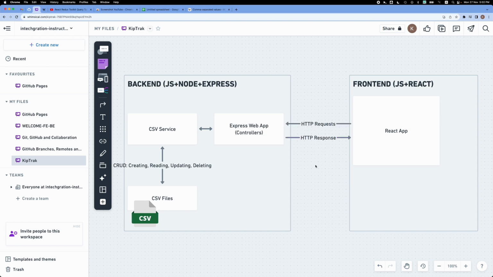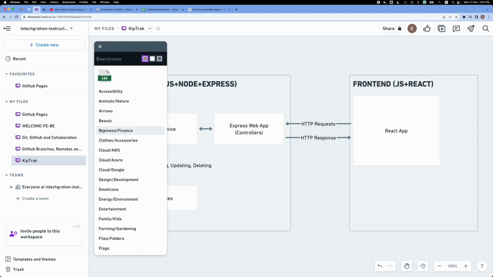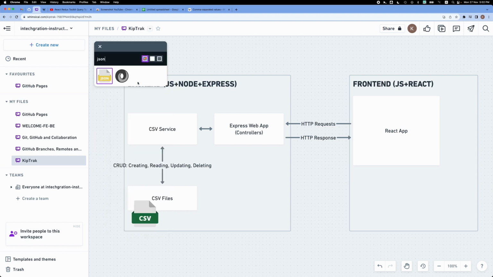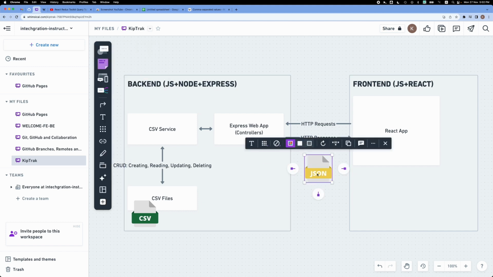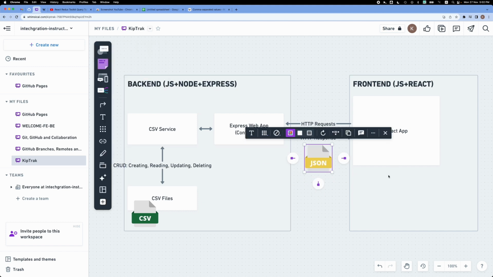And let's say that's going to be a JSON file. So maybe that's a JSON file that's going to be sent back to the client. So now the CSV file will be formatted as JSON and then sent back to the front end, and then the front end would do something like display this in some kind of nice viewer, like